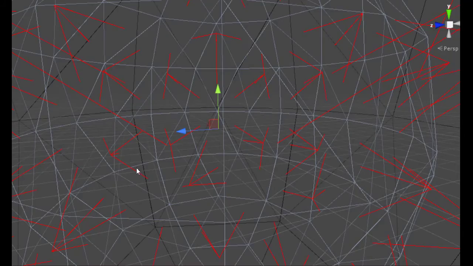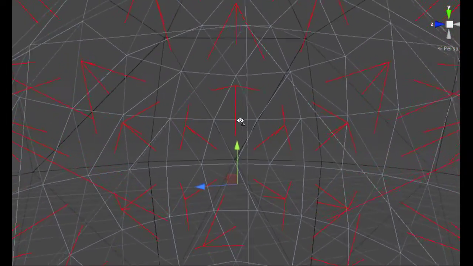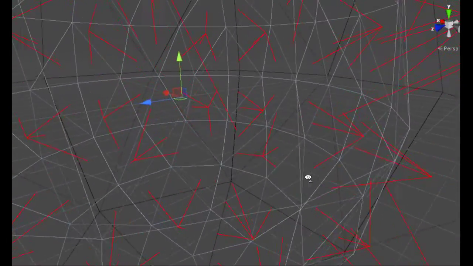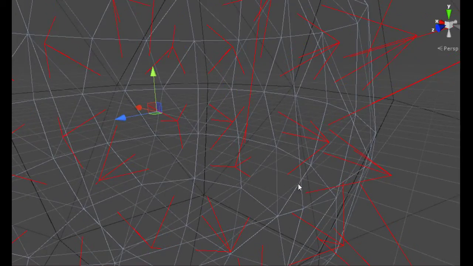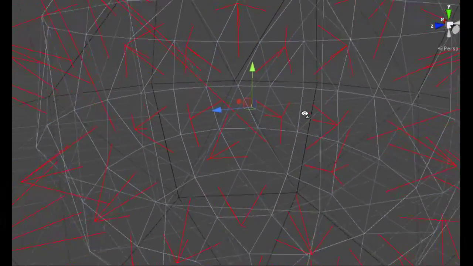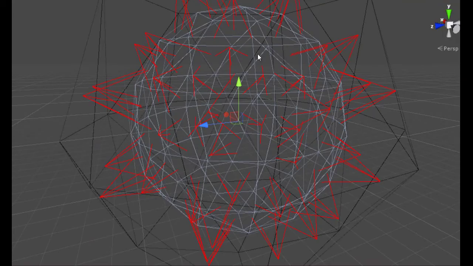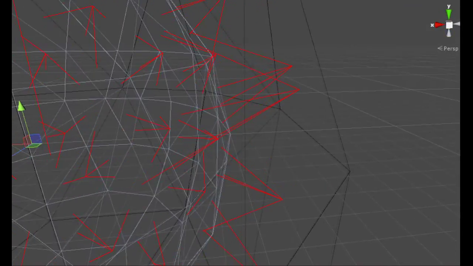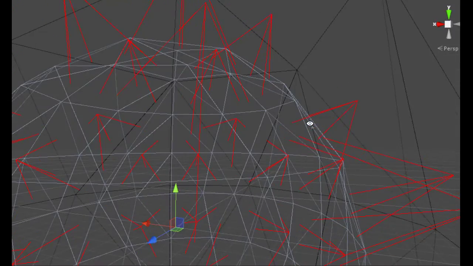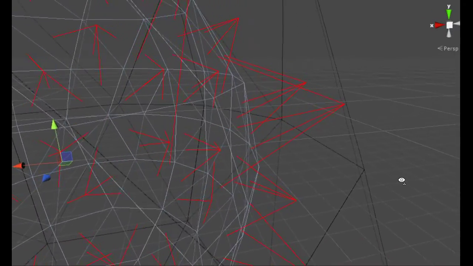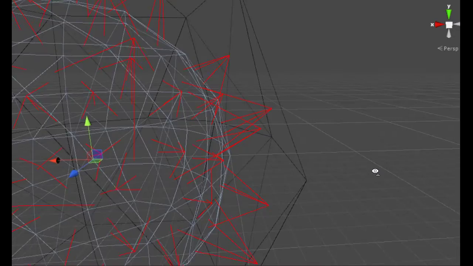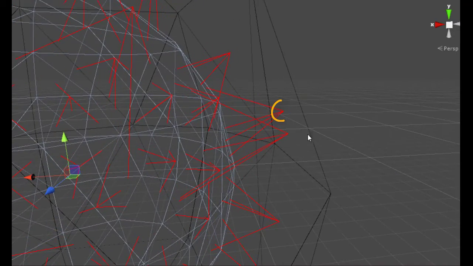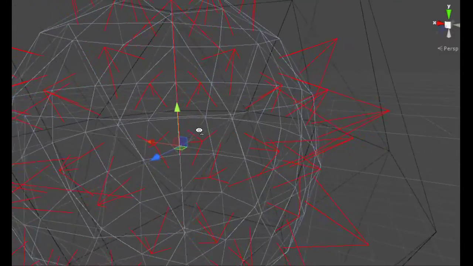Now we can move into some of these more detailed faces. And so now you can see here, there's this gray one here that's actually more detailed than this bigger giant black triangle here. It might be kind of hard to see it. I apologize, but from the side you can kind of see it. Let me see if I can get it from the side here. So you can see here, here's a triangle center, the face here, right? And you can see that it casts down its rays